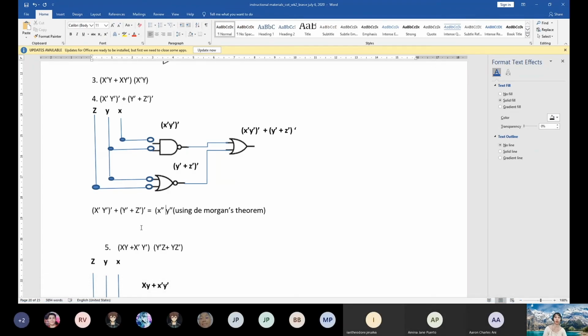But you have to change the dot to, what will be the, class? Addition. So you have to change the operator from multiplication to addition. Likewise, y prime, plus, still plus. Plus y prime, so y double prime and z double prime, but you have to change the plus to